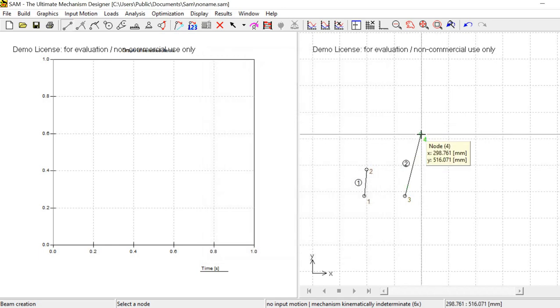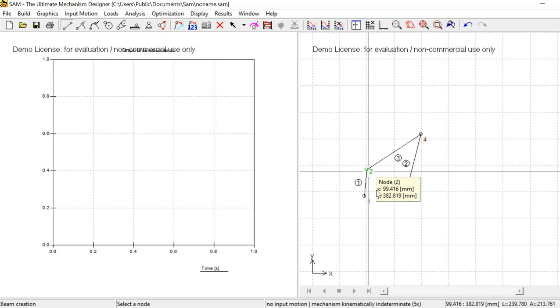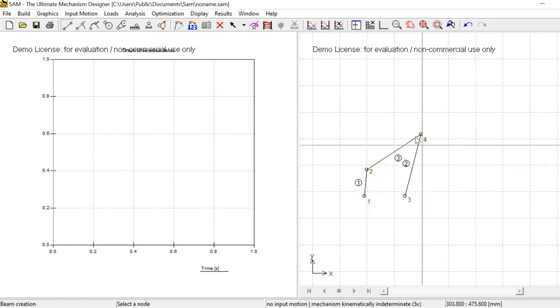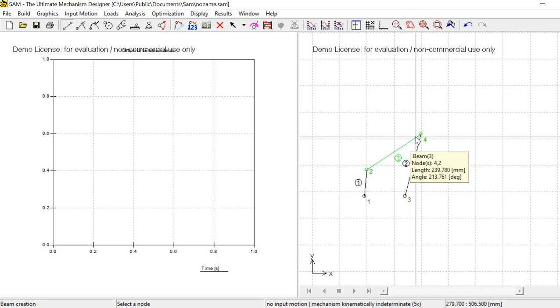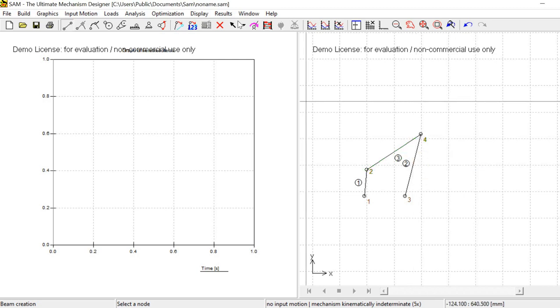After that, I'm going to connect these links over here using this one. It should be equal to 240. If you measure it, you can easily find that. You can see over here, this is 239.780. It's not a big deal. It's not much of a difference. So these are simple things. After that, we can't use a link to connect 1 and 3, as I have already mentioned. These are imaginary links, so you can directly fix that. For that, you need to click this fix node, and drag this point 1 and just drag it like this. Okay. Likewise, you need to draw a fixed rod like over here. Okay. So I have marked it as this.